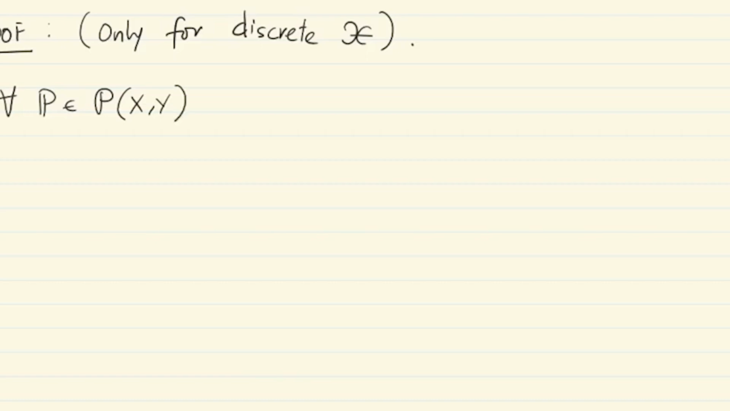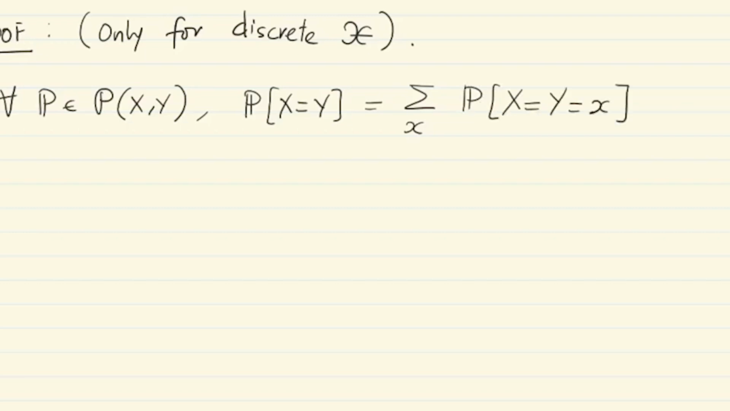and Q, the probability that X equals Y is exactly the sum over all x in calligraphic X of the probability that capital X equals capital Y equals small x. So it's basically the sum of probabilities of pairs that lie on the diagonal. Okay, so